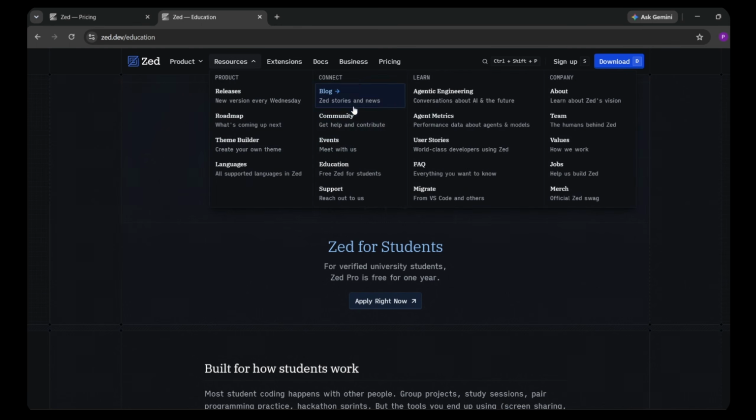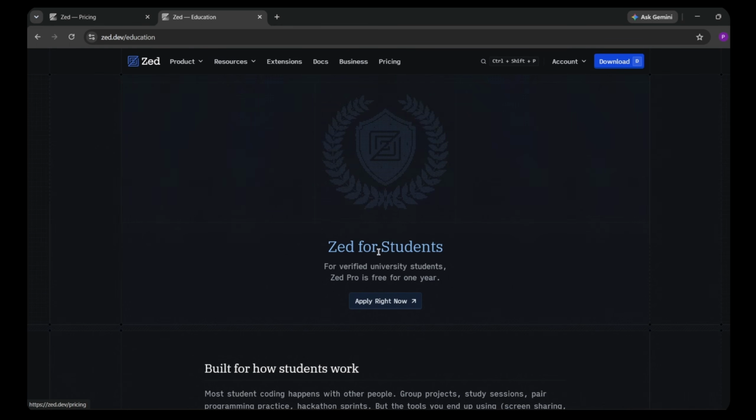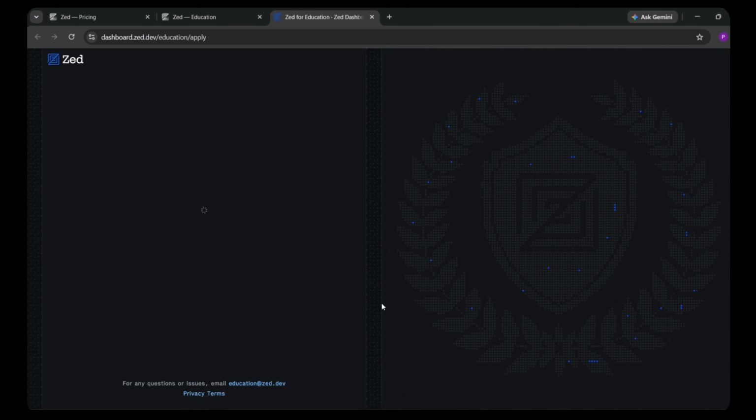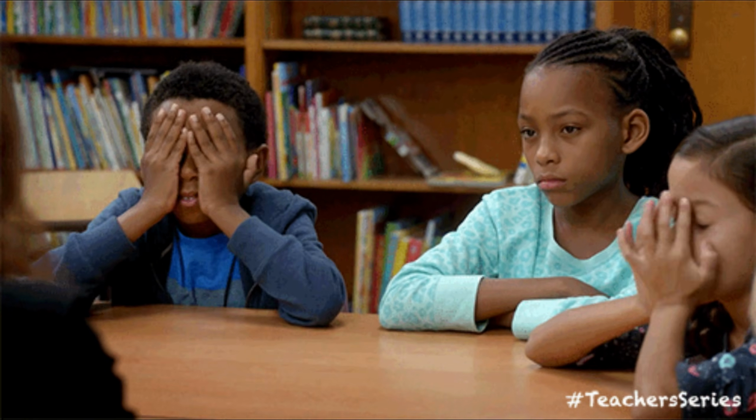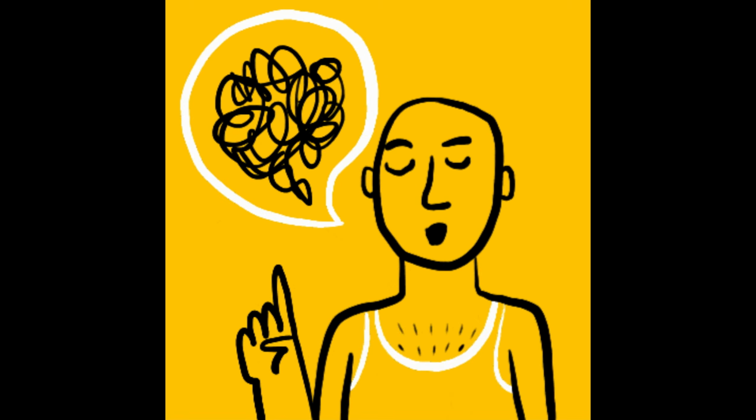Now simply come back to this Zed Education website. Scroll down and click on this apply right now option. Then you will be automatically redirected to this page. Here you have to apply for the student 1 year free plan. Now we need the Gmail that is provided by your institute. No matter whether you are currently a student or not, and I know many of you still don't have this Gmail account,